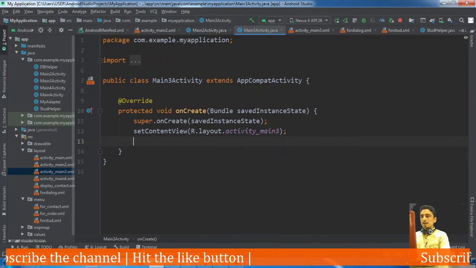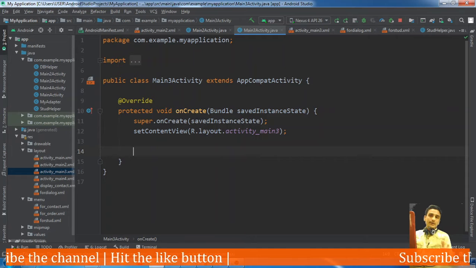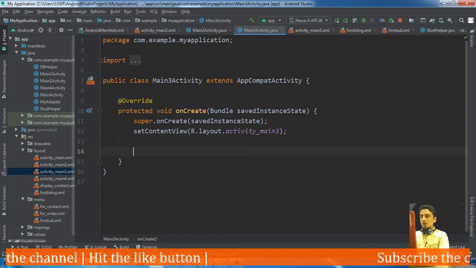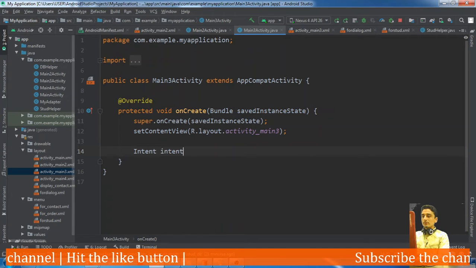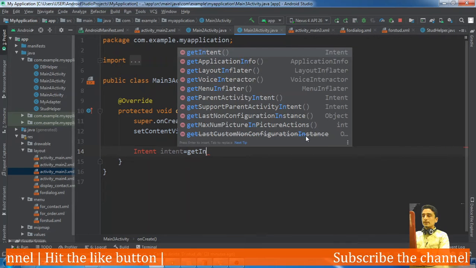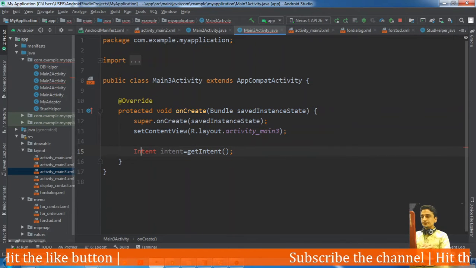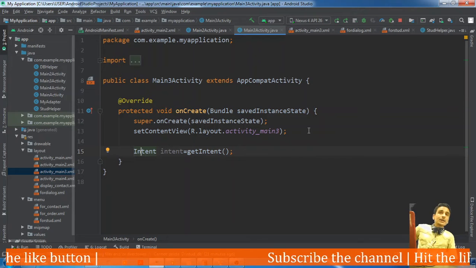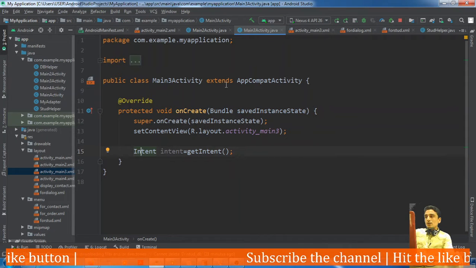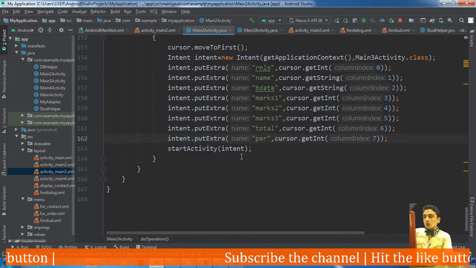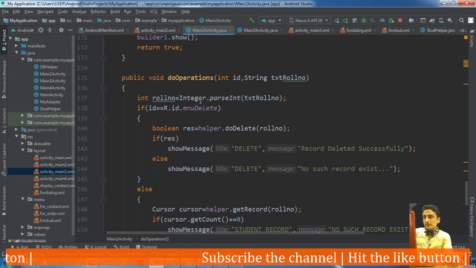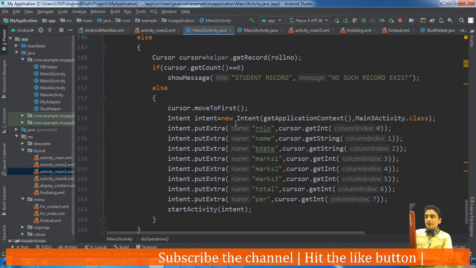Now when the third activity is started, either search or update is selected. In this activity, first of all we will retrieve the intent. But how can we know what operation was selected? Whatever operation is selected is available in this id, which is an integer.